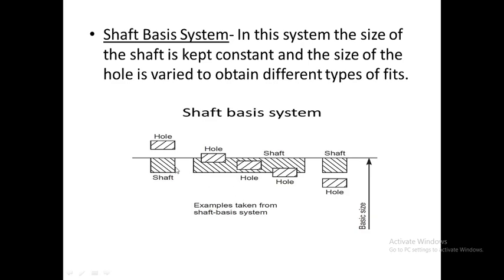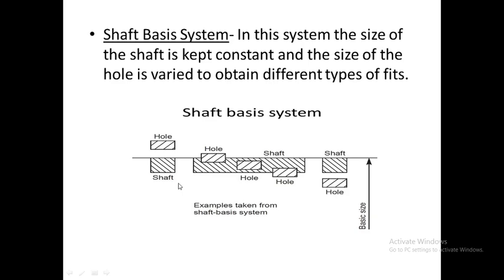Now here you can see the tolerance zone for the shaft is shown here, first, second, and third. Now the tolerance zone lies below the basic line, but it is constant. You can see the location of this tolerance zone, first, second, and third. It is not varied, it is at the same location. Whereas the tolerance zone for the hole, first, second, third, fourth, is continuously varying. That is, its position is not fixed. So in shaft basis system, the size of the shaft is always kept constant, whereas the size of the hole is varied. You can see that the size of the hole is varied, or the location of the tolerance zone of the hole is changing. So this type of system is known as shaft basis system.